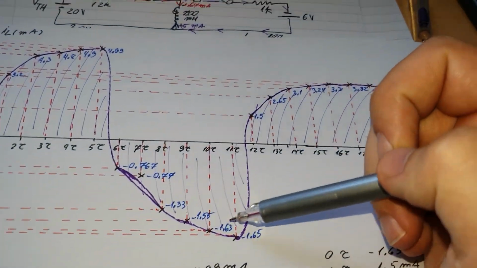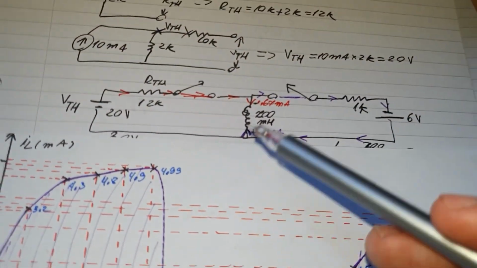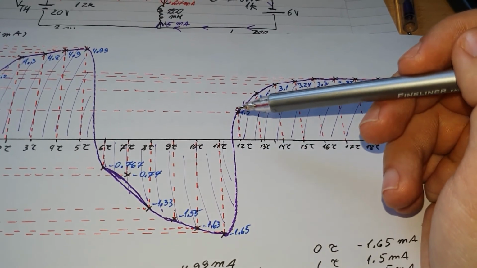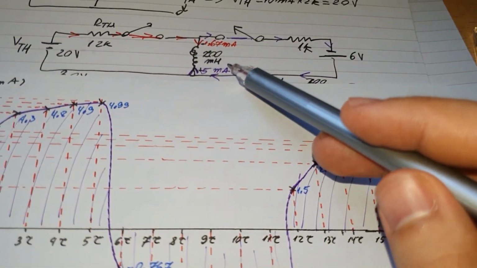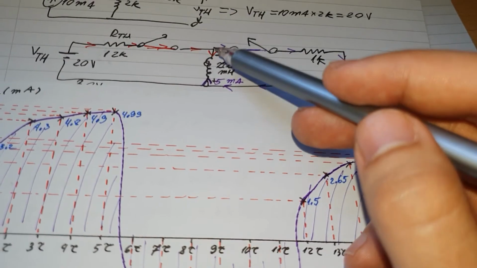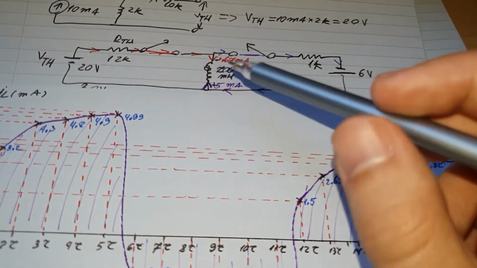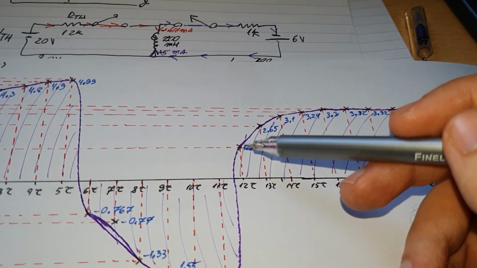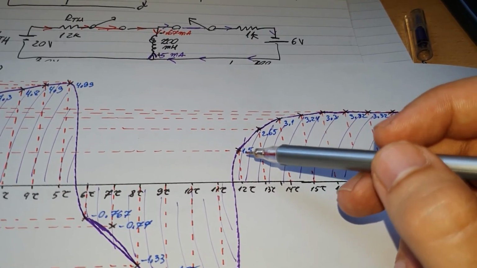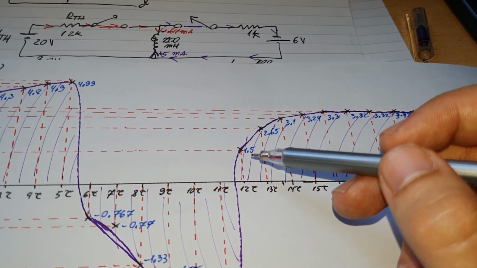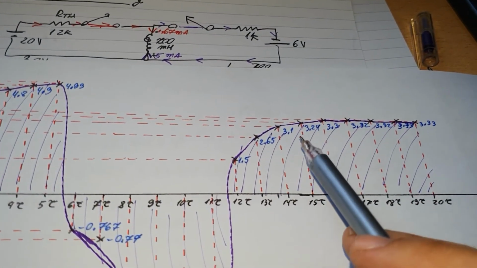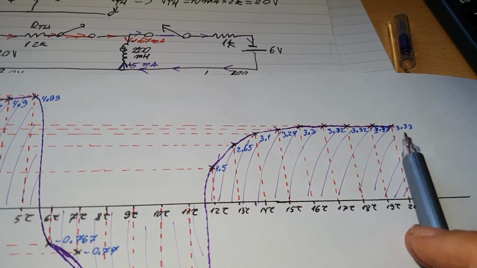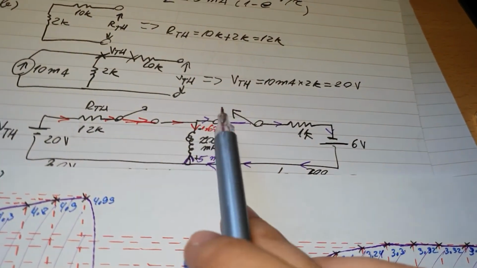And then again a switch happened when we close both switches. Then it will go from the negative value back to the positive value, because the 5 milliamps is far greater than 1.67 milliamps. So it will quickly go back to its original positive state, the original current flow, and it will be at the value of minus 1.5 milliamps, and then it will slowly grow up to the permanent 3.33 milliamps current flow when both switches are closed.